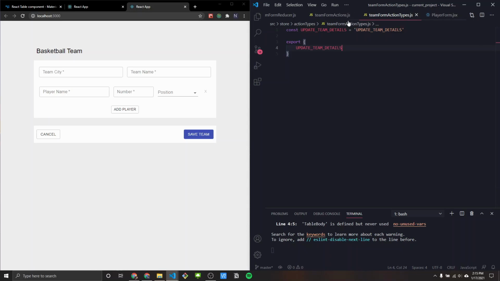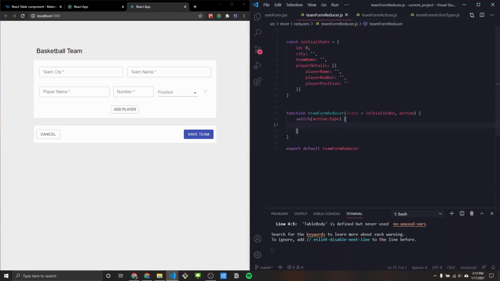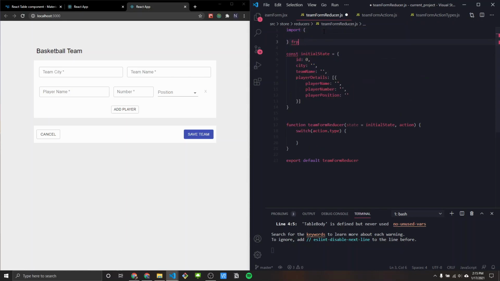Okay, so now I can import this into our reducer. Action types, team form action types. And they're just going to be update team details. So we're going to have a switch statement case here for update team details. So now what would we do inside it? What would we expect to come in from here? Well,